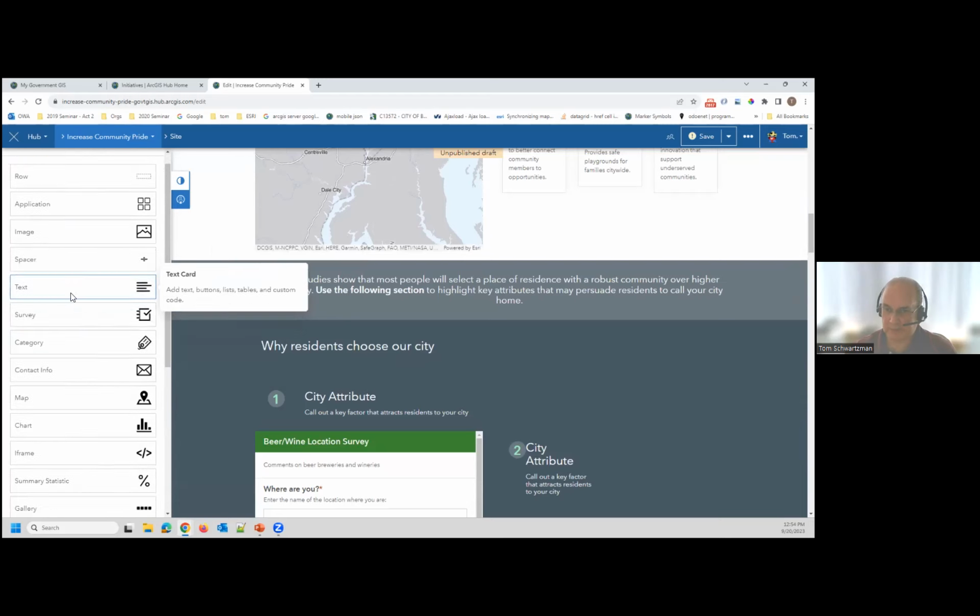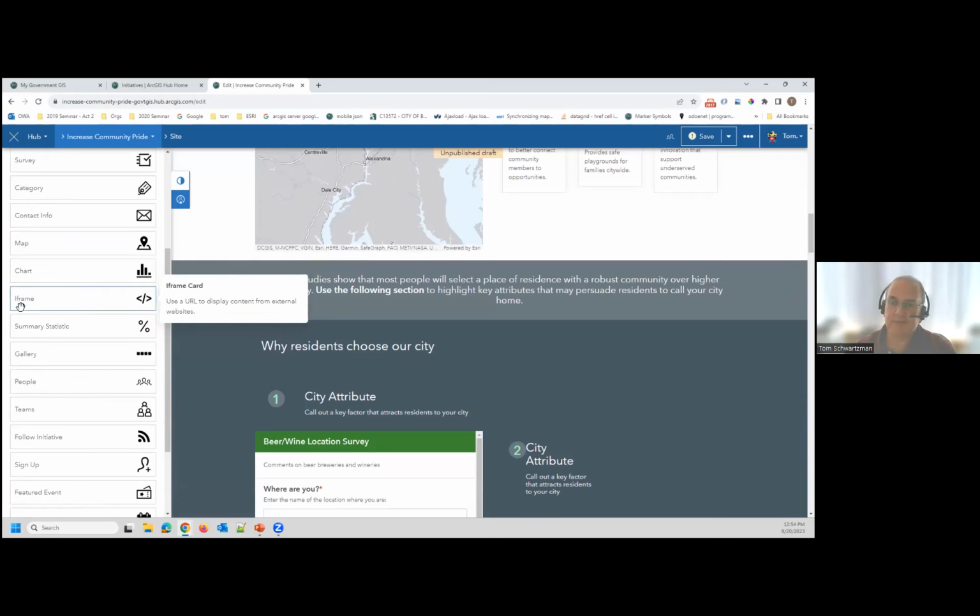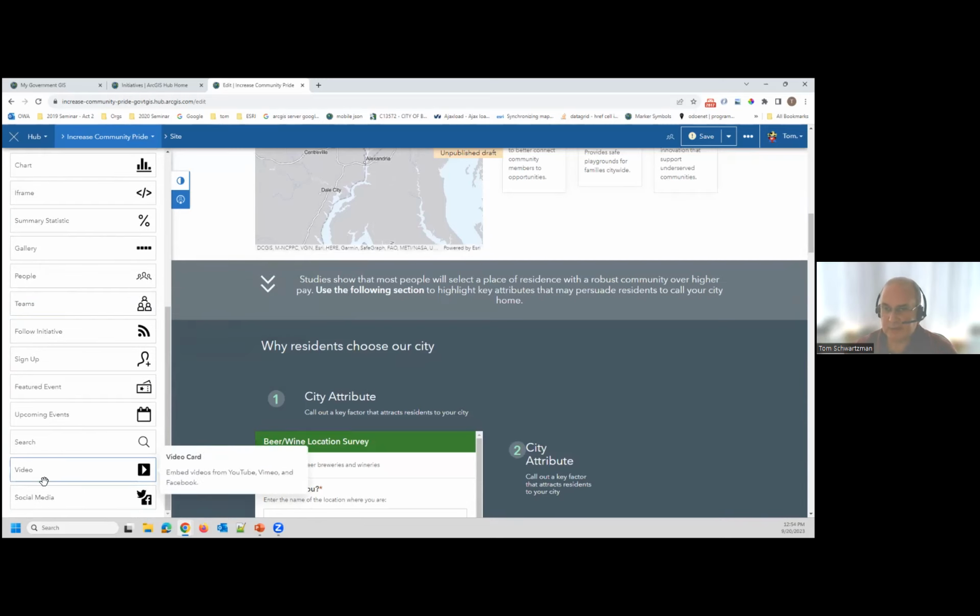I'm not going to go through every one. If you want to put some external content in, you use an iframe where you put a URL of things you want to embed. That could be anything. I think there's a video here: YouTube, Vimeo, Facebook videos, for instance, and social media, Facebook and X/Twitter. They haven't changed that name in the help.